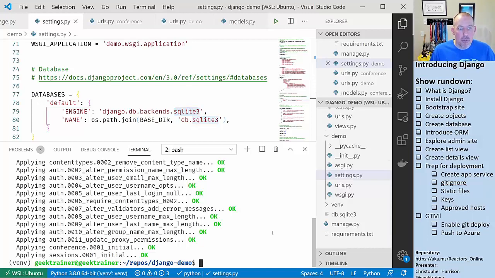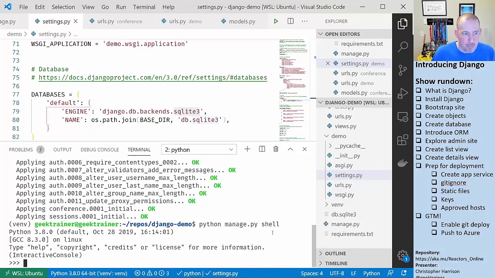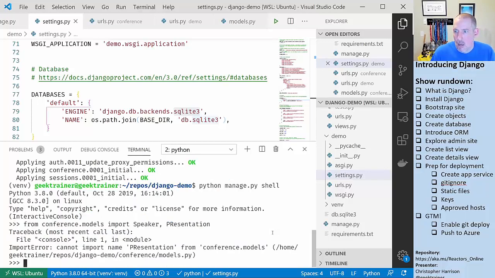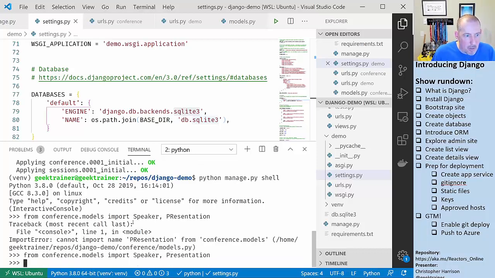And this now becomes a full-blown ORM, a full-blown object relational mapper. So through code, I could now create a speaker, I could create a presentation, whatever it is. So let's set up a shell here: Python manage.py shell. And let's grab from conference models, let's grab that speaker and the presentation. And whoops, make sure that I've got this. Cool. All right, I'm actually going to pause right here because it's a great question,